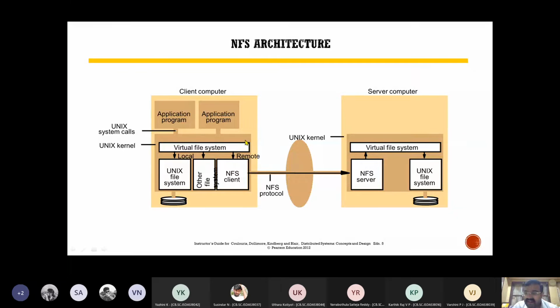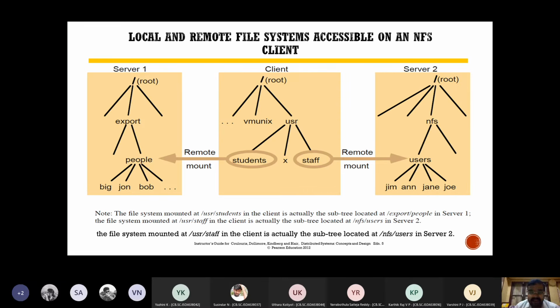The client is generally very thin. There is not much memory, not many resources, and the server has more resources, more storage. Through the client and server, files are accessed from the server through the NFS client. There is a protocol. Now, having said that, there may be some limited storage in the client computer also. However, there is a kind of root structure. If you see this root,